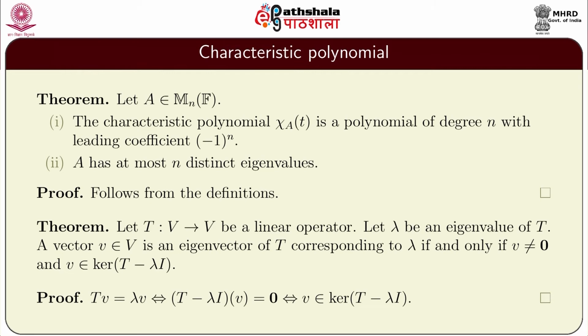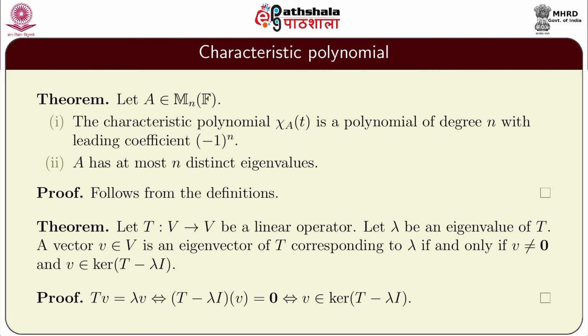Let A be an n cross n matrix over the field F. The characteristic polynomial chi A of T is a polynomial of degree n with leading coefficient (-1) to the power n, and A has at most n distinct eigenvalues. Well, this is straightforward from the definition of chi A of T. Recall, the definition of chi A of T is nothing but the determinant of A minus T In, where In is the n cross n identity matrix, and the determinant is indeed a polynomial function, and A is n cross n, and A minus T In is also an n cross n matrix, and therefore the determinant is a polynomial of degree n,